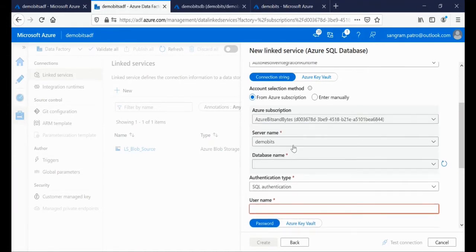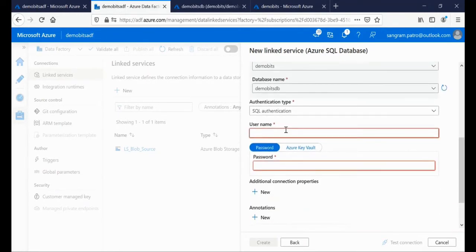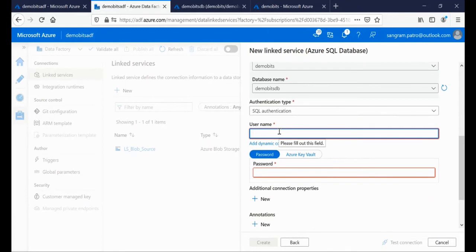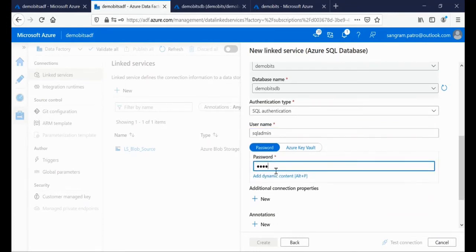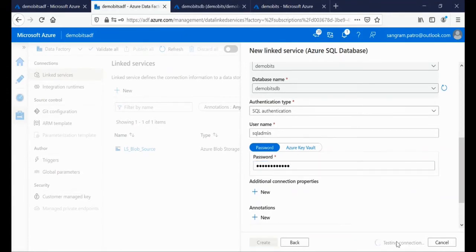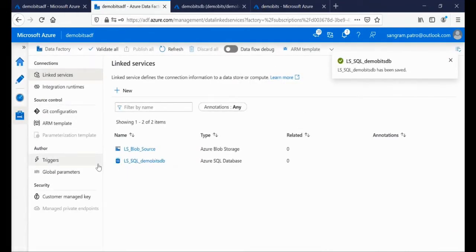The server name automatically pops up because it is part of the same subscription, and then select the database, and you would need to provide your SQL authentication username and password. Let's do a test connection before creating the connection. So now I am connected to the storage account as well as to the SQL database.